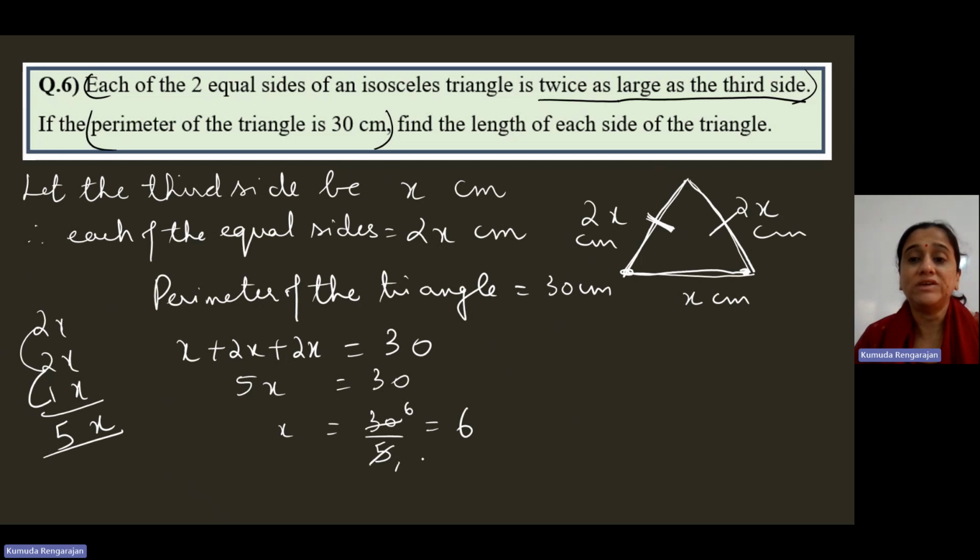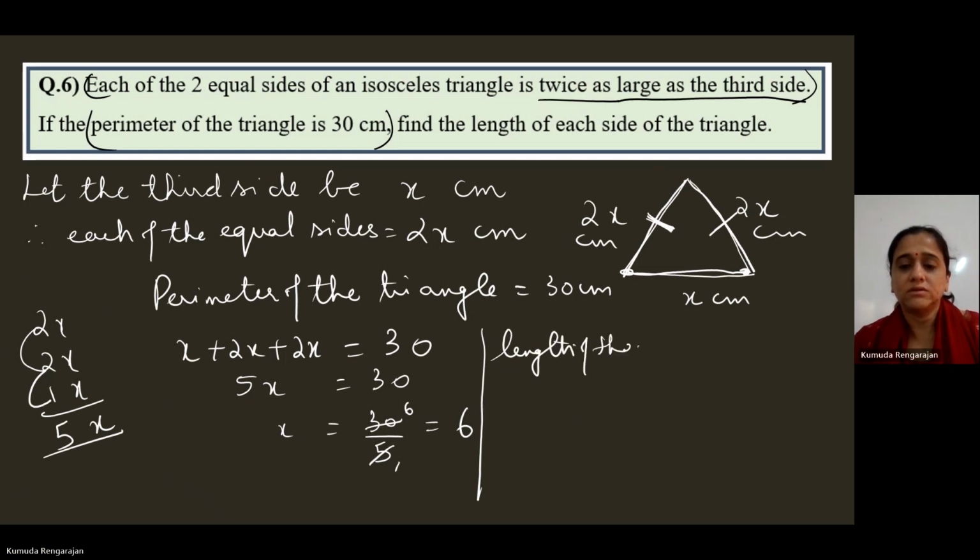The question is find the length of each side of the triangle. Okay, therefore, the third side is equal to, or you can write, length of the third side. Don't start writing, wait. Length of the third side is equal to 6 centimeters, correct? Each of the equal sides is